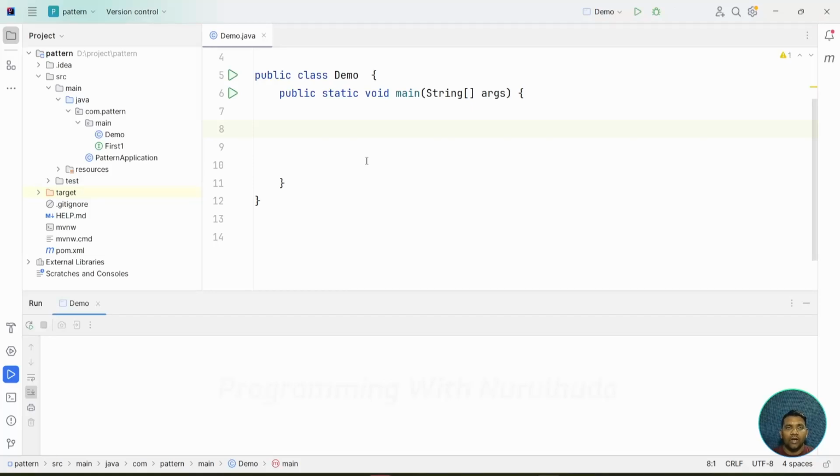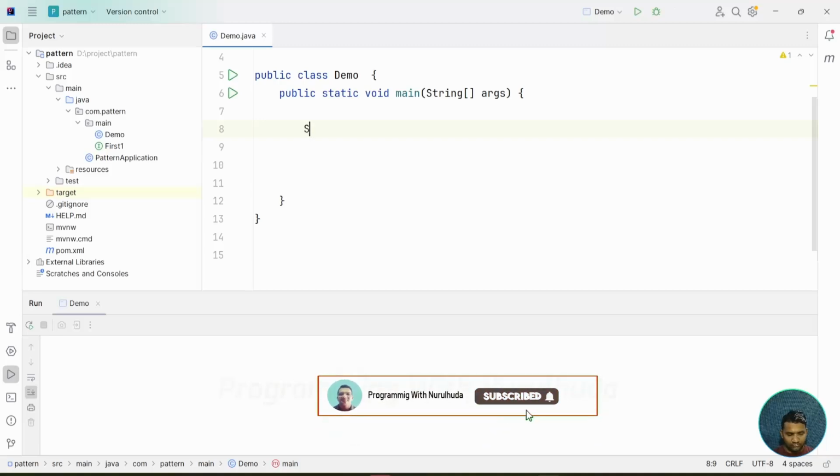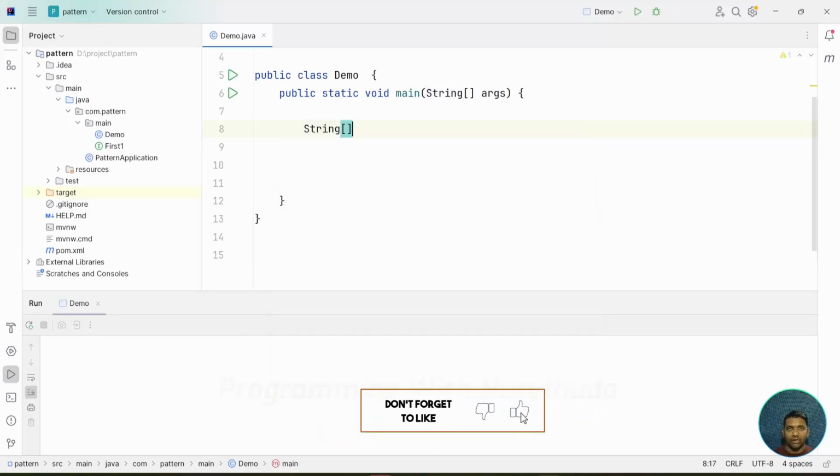Hi, in this video, I want to convert a string array into an array list. So now let's see how we can convert a string array into an array list. So currently we need a string array